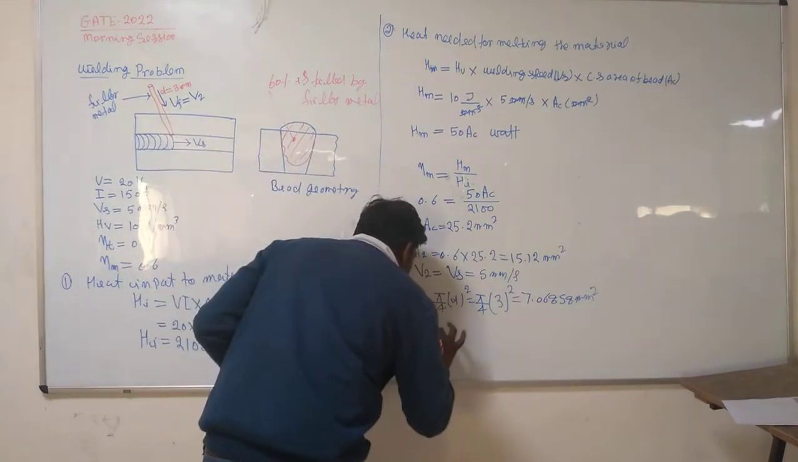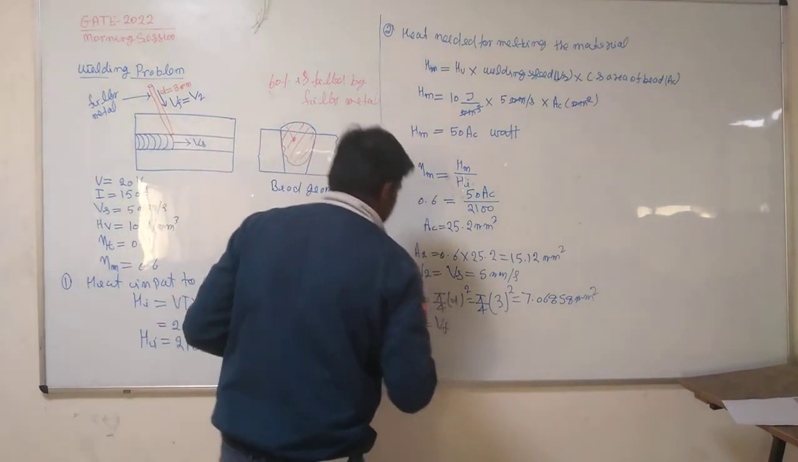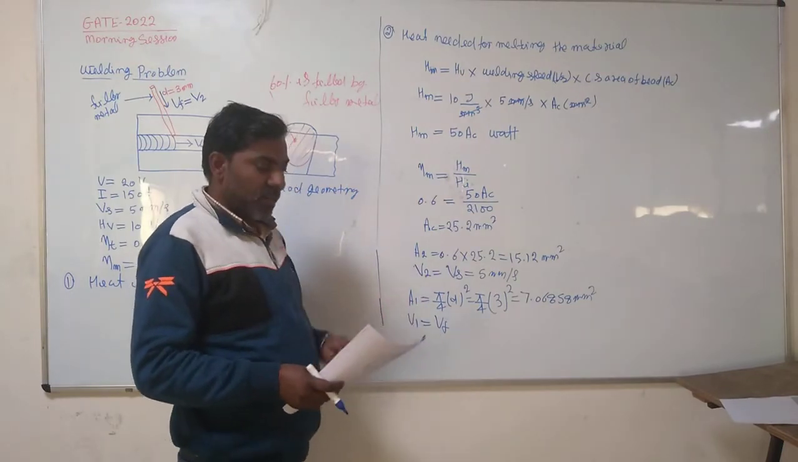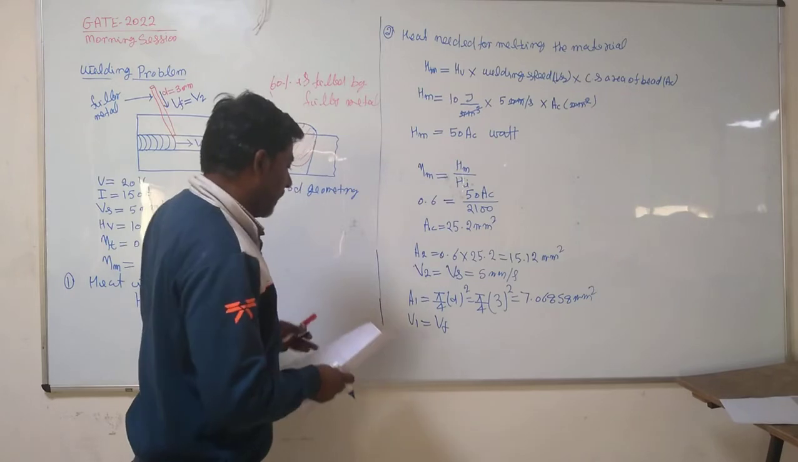So V1 is equal to what? V1 is equal to V. Speed of क्या feed rod? Speed of the feed rod, या feed rate भी आप बोल सकते हो उसको, feed rate भी बोल सकते हो।